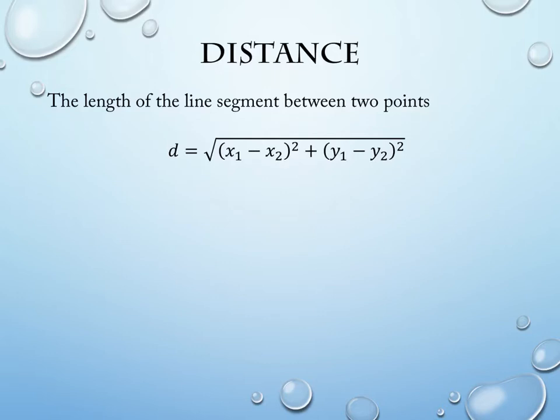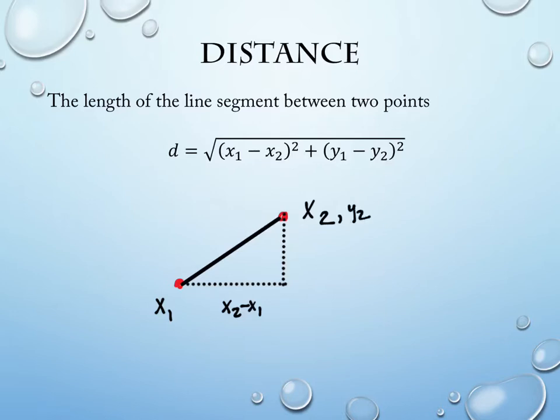And this actually relates back to the pictures that we drew very nicely as well. So for example, if I take these two points and I'm trying to find the distance, what happens when I subtract the x values is I'm actually finding this length, because this is one of the x values and this is the other x value, along the horizontal line. So this distance right here is x2 minus x1. And the y values, when I subtract them, give this distance right here, because this is y2 and this one is y1. So this distance is y2 minus y1. And if I square this one and square this one,